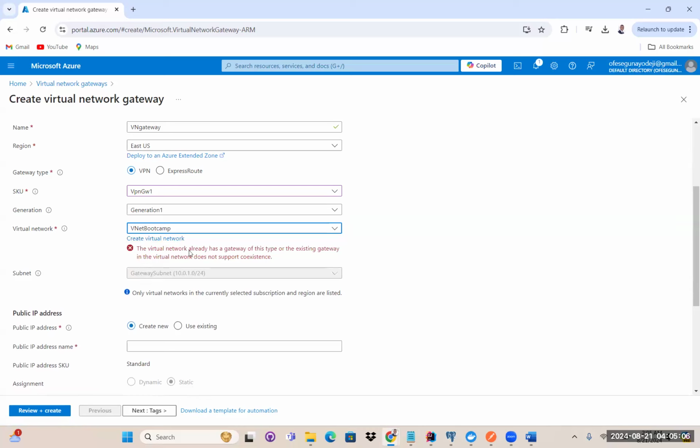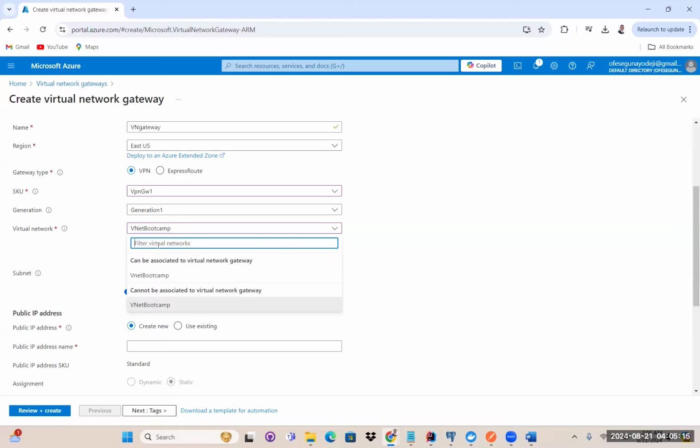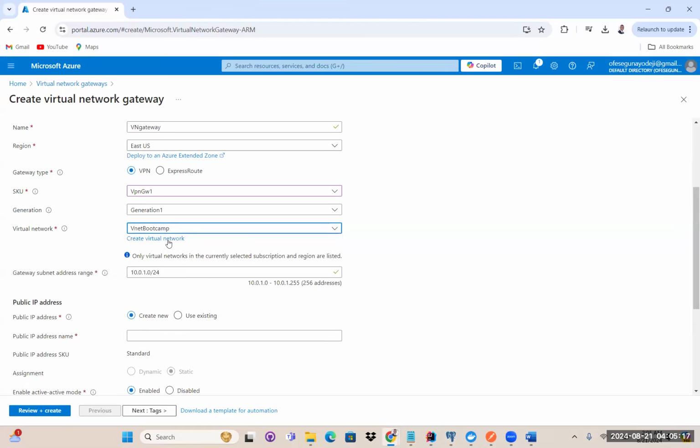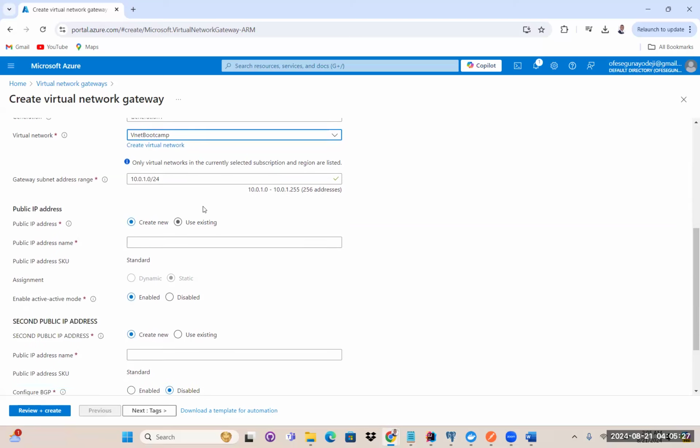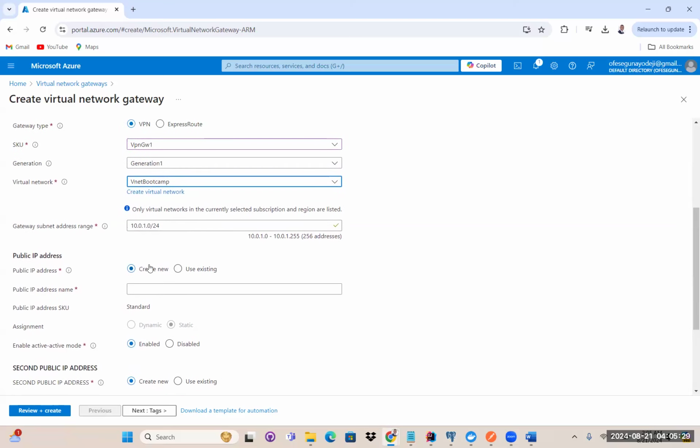So you say the virtual network already has a gateway of this type or the existing gateway. Okay, so let me see if I can choose this one. Okay, so I'm just going to choose this one. So I think that one is already connected with another virtual network gateway. So I'm just going to choose this one and,